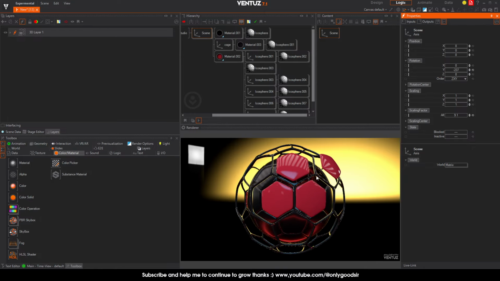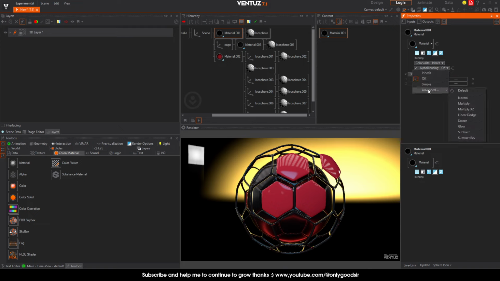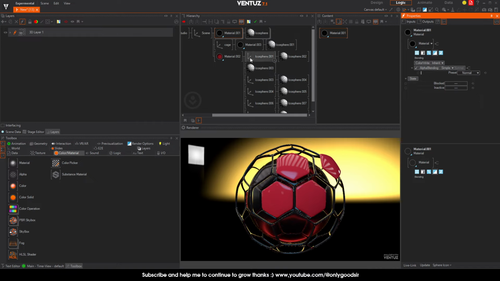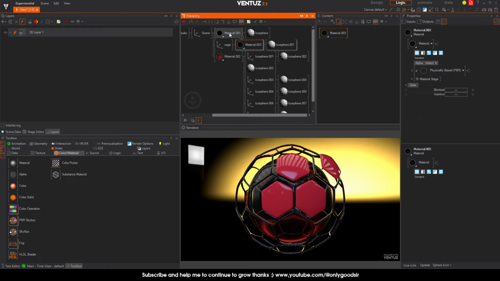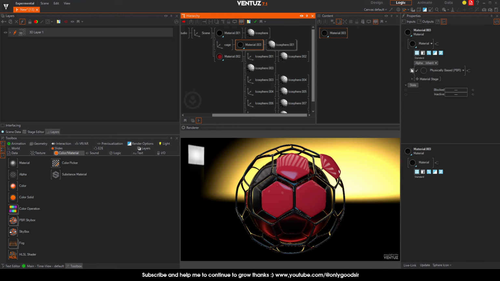Now I want this to look like it's made out of glass. So what I can do is apply a blending mode to it. So let's go to blending and change that alpha to something like blue. Oops, the wrong one. So then we put this back to simple. Right, make sure you have the right one. So it's the cage. I changed the wrong material. You can rename these, but it says cage right here. Anyway,